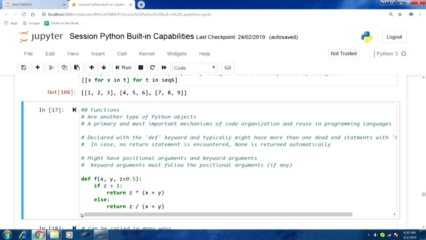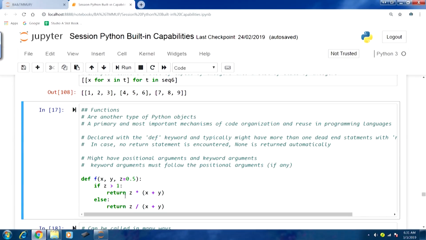Now, functions, as we have discussed before, can have positional arguments as well as keyword arguments or named arguments. We talked about this aspect before as well: keyword arguments must follow the positional arguments, if any. If there are any positional arguments in a function, they will come first, because they are defined by position.